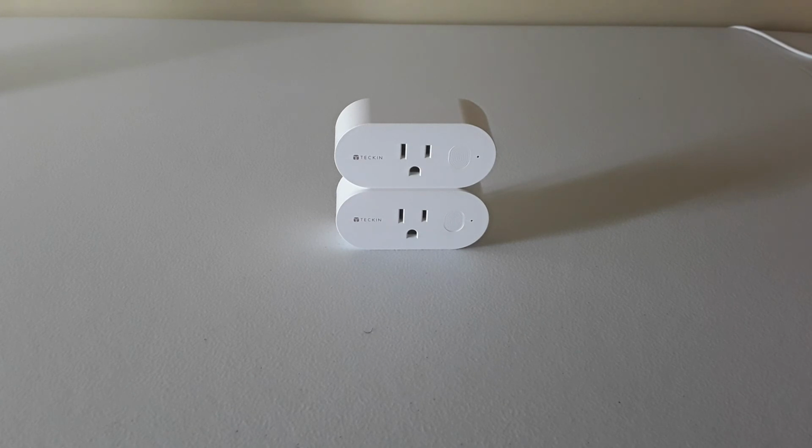You're like, Mr. North, why are you doing a review on this simple thing? I'm going to tell you why, because this simple gadget saved my life. Well, not my life, but it saved me over $1,000 in food. Okay, so what I did is I plugged these up to my refrigerator upstairs and to my deep